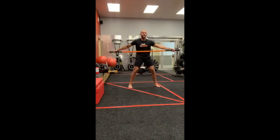Let's go back in the horse stance. Let's go left hip to start with the left hand, and then up to the right shoulder. Push in with the hands, 40%. Bring it down to the left hip, right shoulder, left hip, right shoulder, left hip, right shoulder. Bring it down, right hip, up to left shoulder,